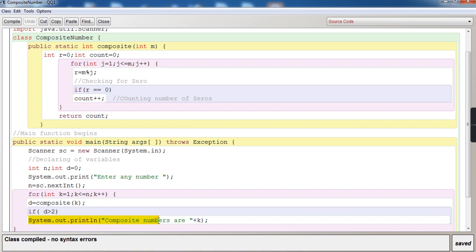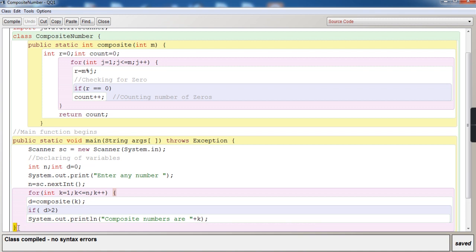As it is false, it will not go to this line. It will go to the closing curly bracket of the for loop. This is the closing curly bracket of the for loop. It goes back to this particular place, that is update. So update will be 2, because last time k was 1. So now k plus plus, k becomes 2. We'll go to the test expression again to check the condition to continue the loop. So k is 2, 2 is less than n, which is 20, so 2 is less than 20, true.